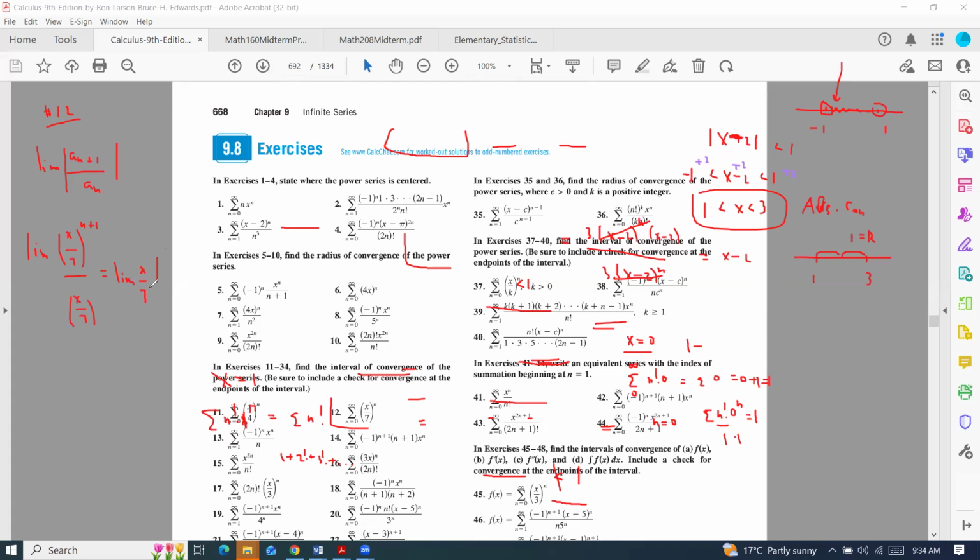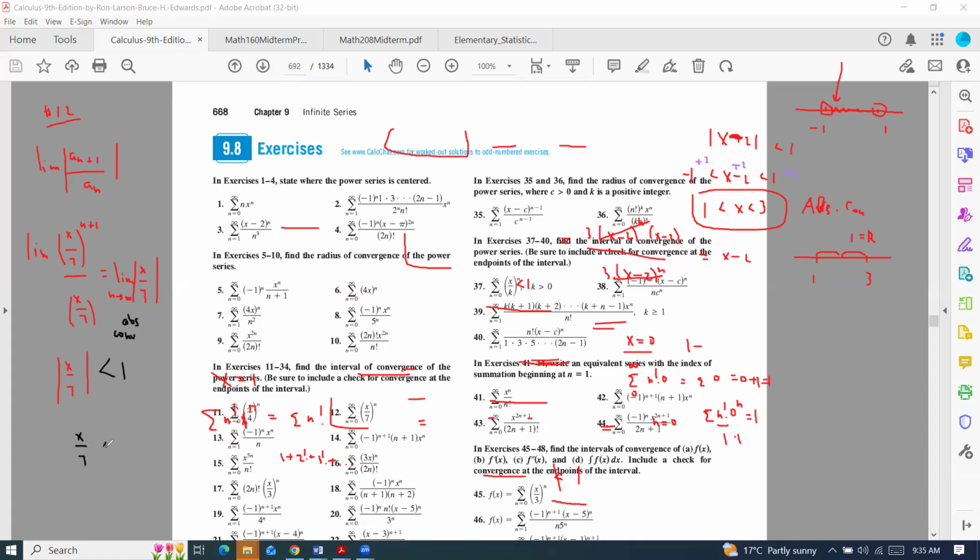in absolute value, when n approaches infinity. Notice there is no n here whatsoever. So you just have x over 7 in absolute value. Right? And now the next step, make it less than 1, then it's convergent. If it's less than 1, it will be absolutely convergent. Please notice we're using absolute values, so absolute convergence makes sense. And now I solve this inequality